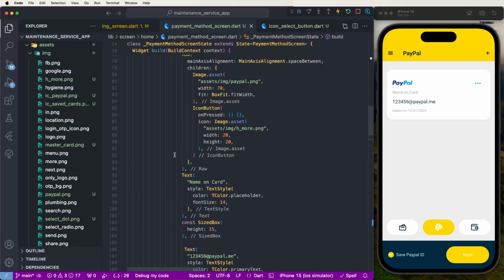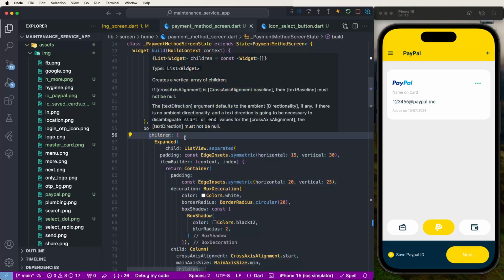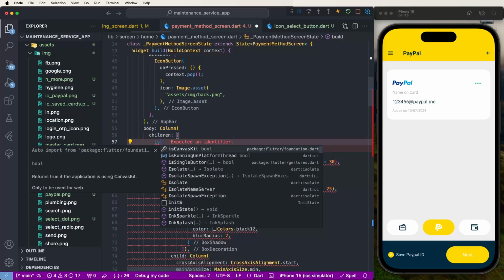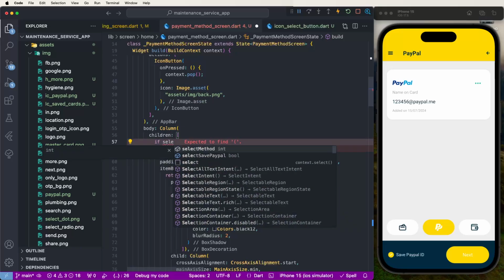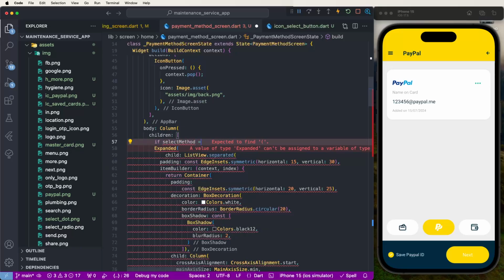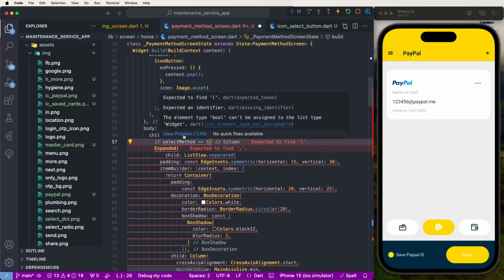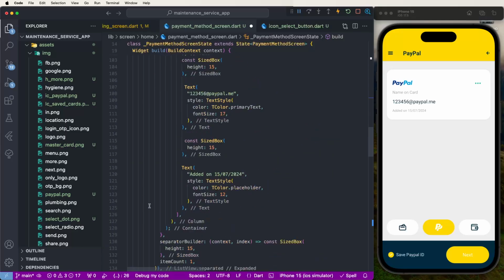Same as we need to create the cash on delivery UI. We need to set the conditions. Need to write down if select method equal to 1, create the brackets like here and else parts,